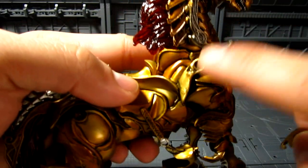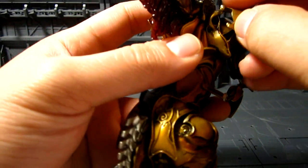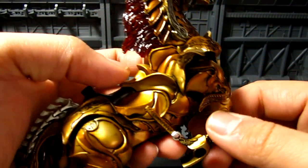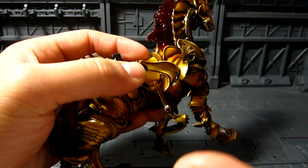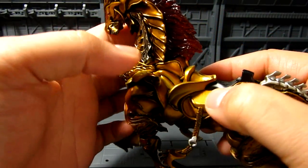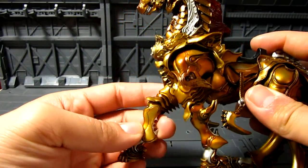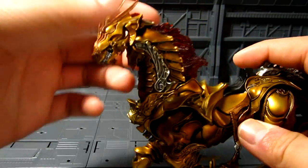But there is a ball joint hole there, which I'm not too sure what it's for. I mean, does this guy have wings or something? You put it up, put it there, maybe something on the side. Not entirely sure, but they might be adding that later on, or they were thinking about it but just chose not to add it. It's because of the cost. Yeah. Head is very articulate,